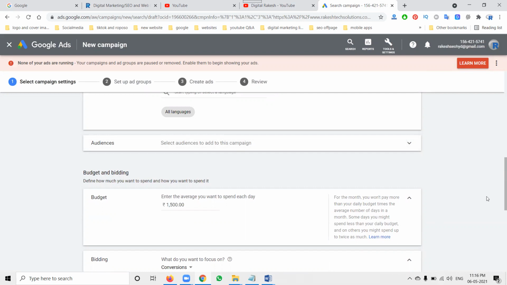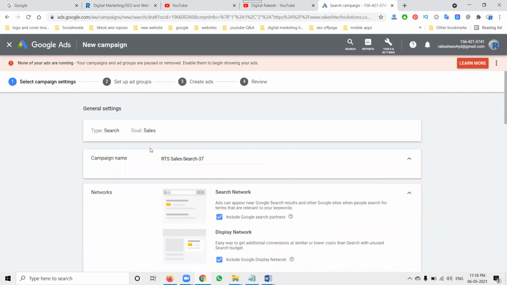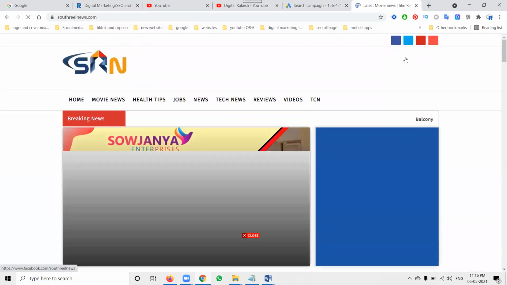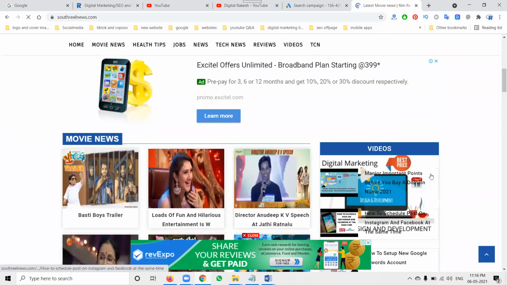A search campaign is completely dependent on three match types: broad match, phrase match, and exact match. All of these relate to particular keywords. If you want to select a particular sales goal, display will also be suitable. Any website approved by Google AdSense can show these ads, on websites relevant to sales.